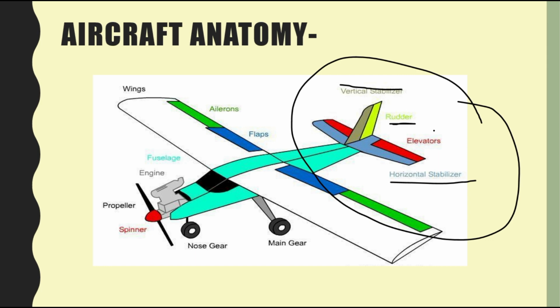Now the rudder is going to have a control over motion about the yaw axis. So this is the yaw axis. So the rudder is going to have control over the yaw axis. I'll make sure that I explain to you how rudder, elevators, and ailerons can affect the motion of the aircraft in the dynamic stability. For now's sake, I'm just naming the part and explaining its use.